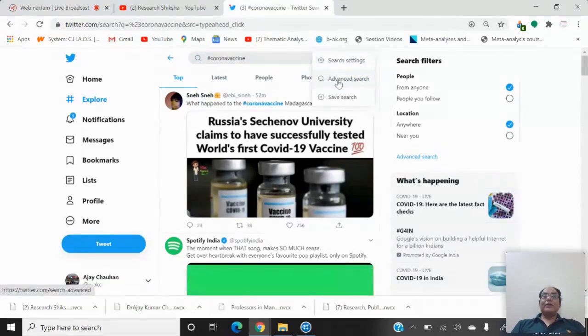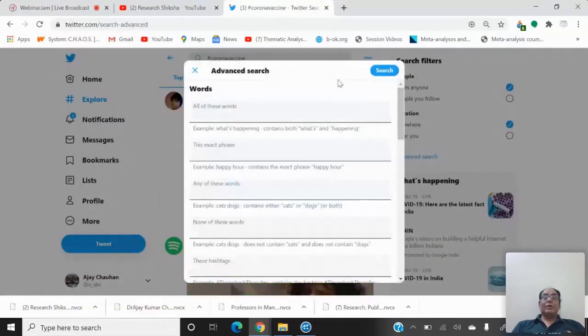and if you go to the advanced search, this page you can see here. Now I want to find the hash stock market. So any word which you are interested in, you can type here.